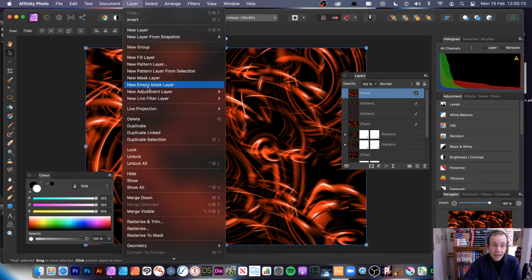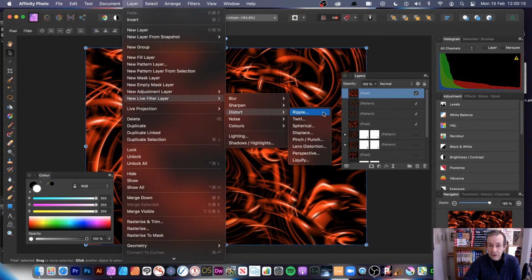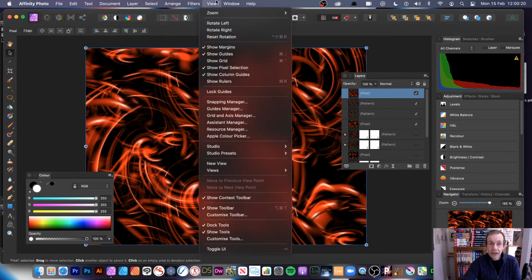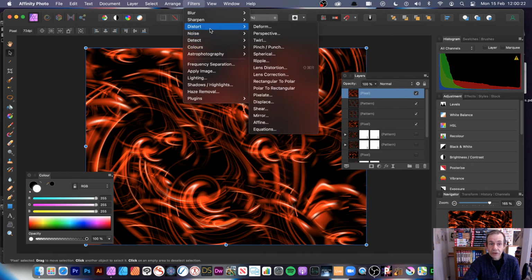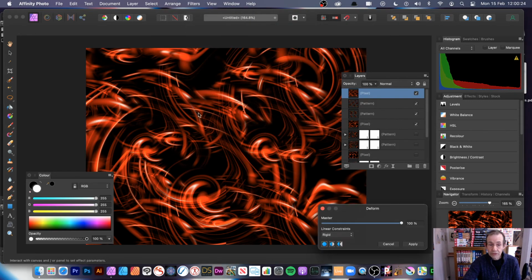Then Layer and New Live Filter Layer. You can go to distort, liquefy, noise, apply all the standard effects, or maybe just go to filters and use distort and deform. So you can just quickly add deform there